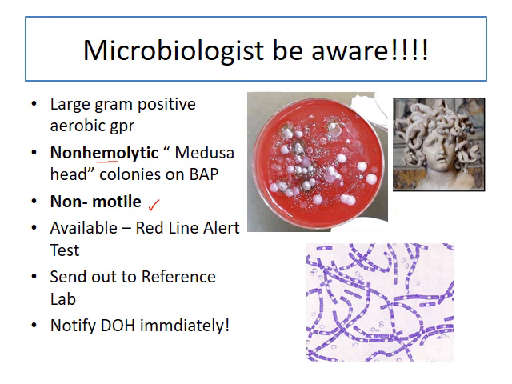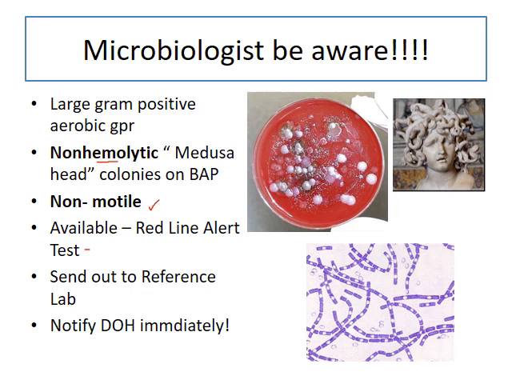There is a test available. This is actually a direct test. It's called the Red Line Alert test here. We wouldn't use this in the laboratory. It's intended for rapid presumptive identification of Bacillus anthracis. So this would be used basically, well, we could use it, but it's usually used more by the State Department. You know, they're the ones that are doing all that testing. People find powder and get all nervous. So most of the stuff is used in like public health hospitals. But you can take those colonies and use this Red Line Alert test, and it's a presumptive